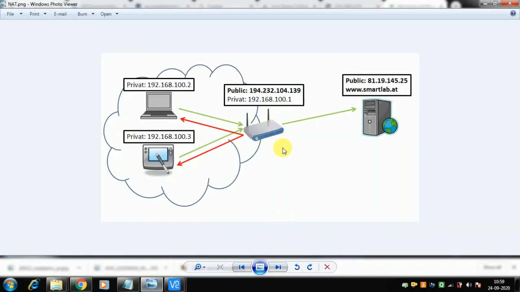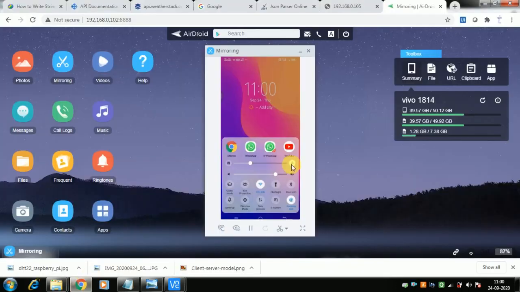NAT routing, it doesn't know our Raspberry Pi server's IP address, because we are behind a NAT router. The router is dynamically assigning any IP to us, so we do not have a public IP in our Raspberry Pi, and the rest of the world cannot access us. So we need to access it from within our network only. It is, you can say, a closed LAN, local area network. But if you have a domain name and a DNS server, then you can run your Raspberry Pi server with that domain name, and anyone from the rest of the world can access you. Okay, so let us see how this is done.